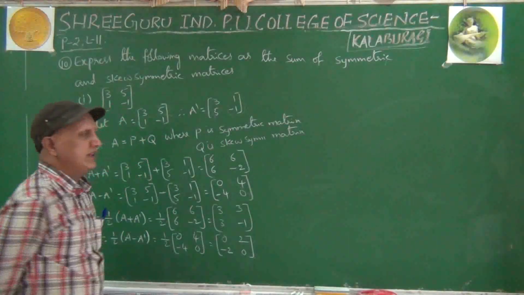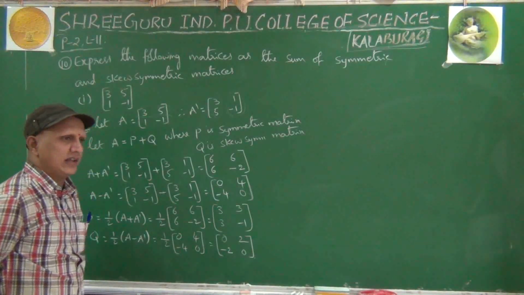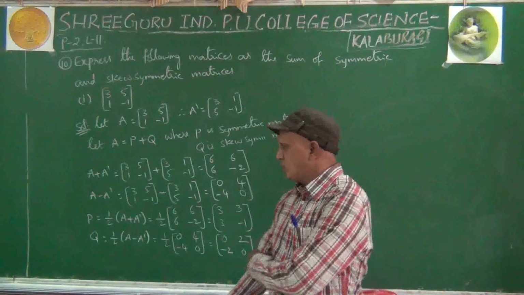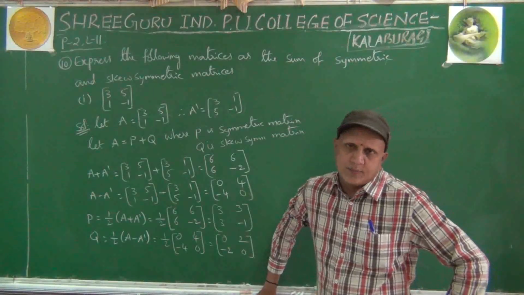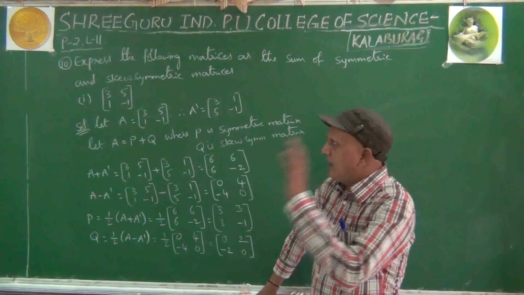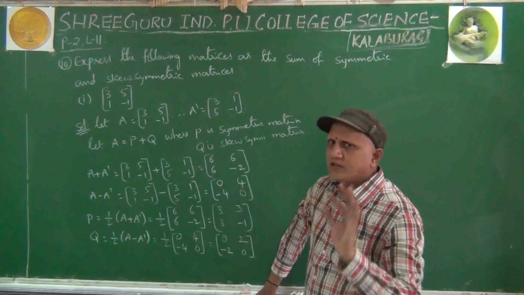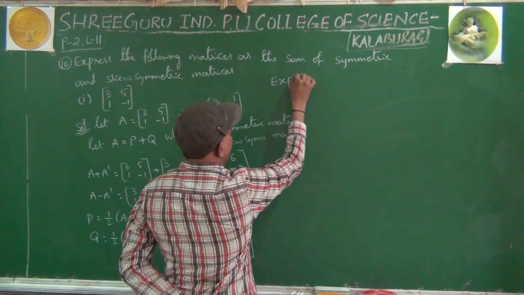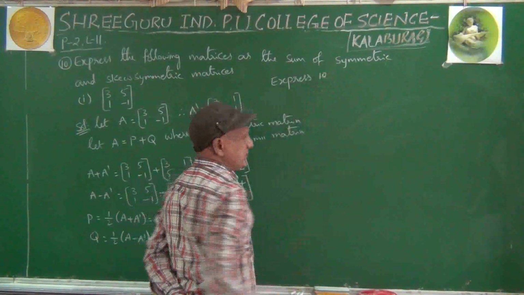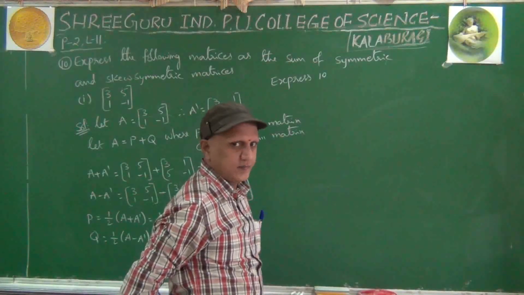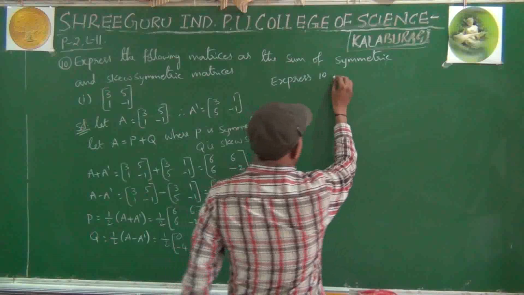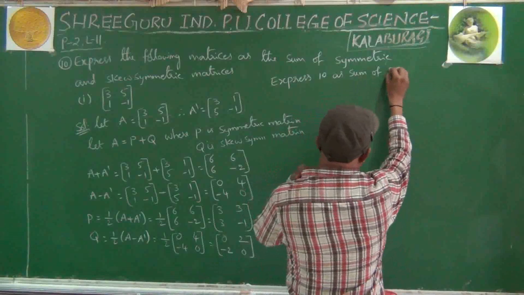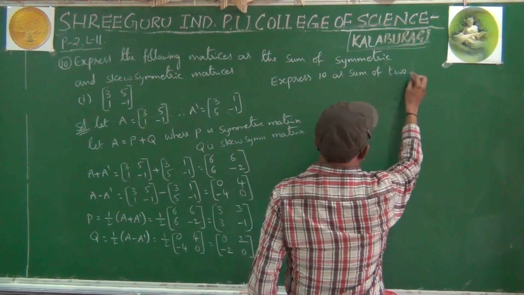Right? What should be the last step? How do we have to write the last step? Up to here no problem at all, very simple. Students are facing a lot of confusion with the last step. I will explain this question with a normal simple question. For example, express the number 10 as the sum of two even numbers.